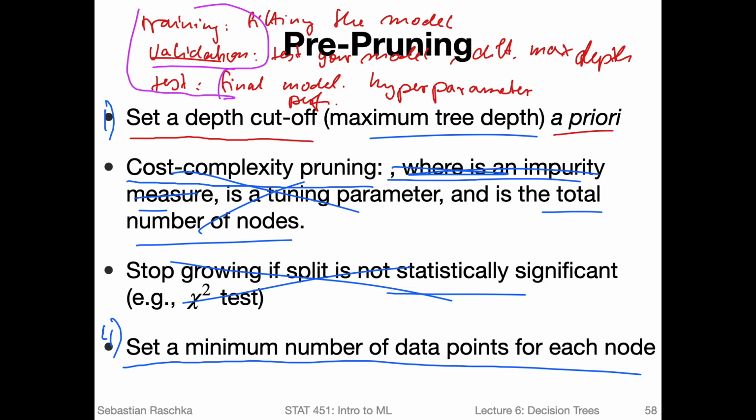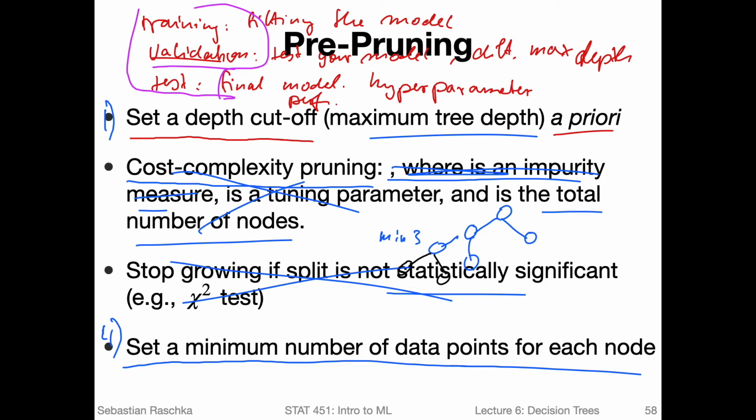So the last one here is setting a minimum number of data points for each node, and this is again very similar to setting a depth cutoff. However, it's operating on the node level. So if you have a decision tree like that, you say there has to be a minimum number, let's say, of 3 examples at each node, and that will prevent making a pure decision tree if it's possible.